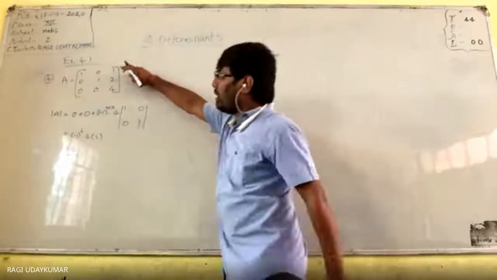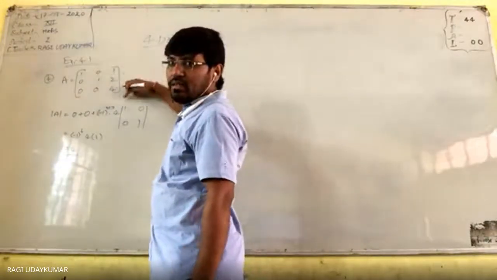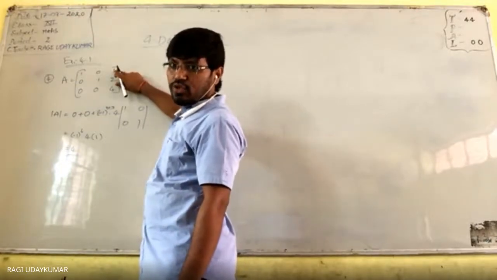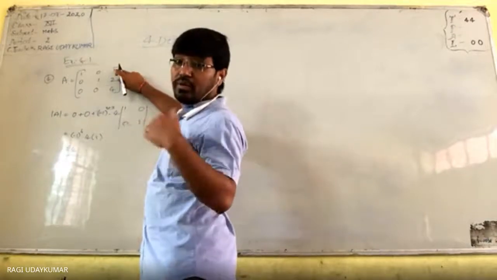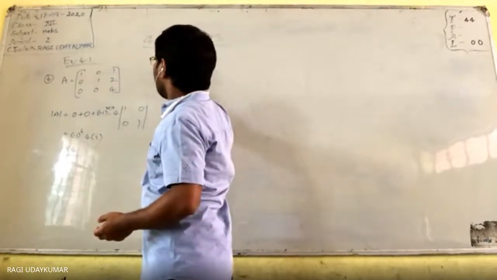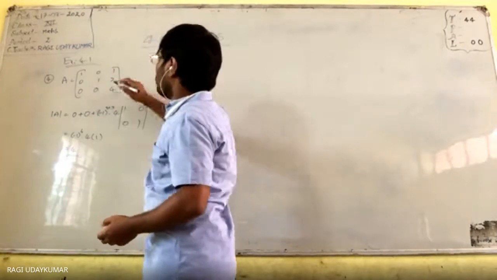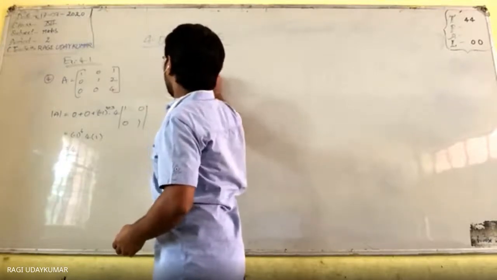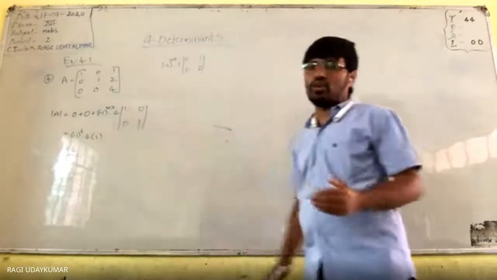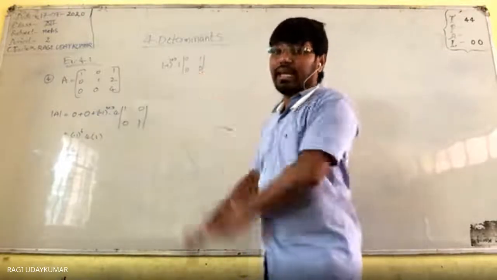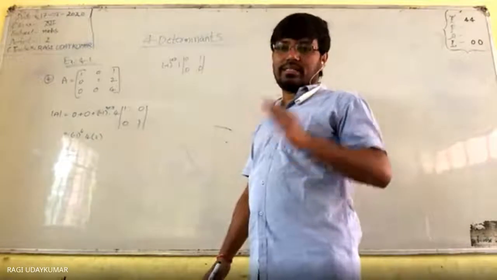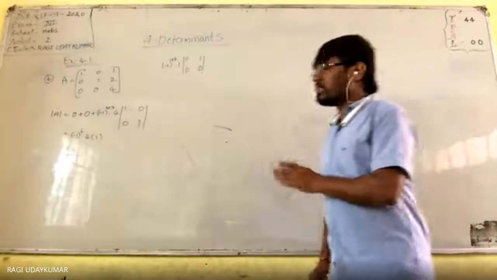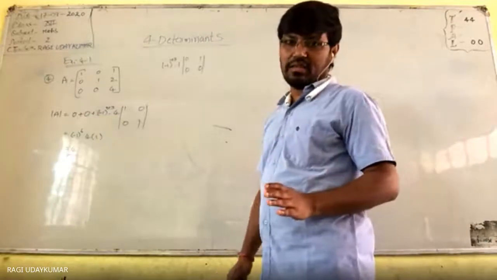Okay. Third column ले लो because no zero contains. Third column लो. तो ये इधर minus 1 to the power of इसका position क्या है? First row third column positive. Minus 1 to the power of first row third column, 1 into determinant of the matrix by deleting, 0 1 0 0. See here I am expanded along the third row. Here I am expanding along the third column. Both we should get the same. Whether you expand it along the third row or along the third column, you will get the same answer. Okay.